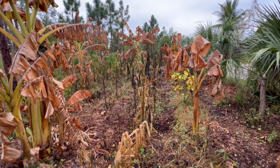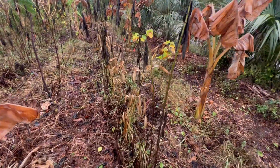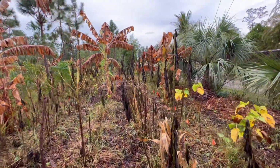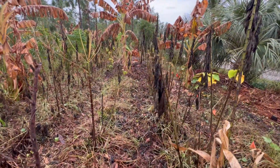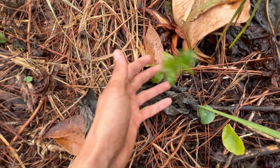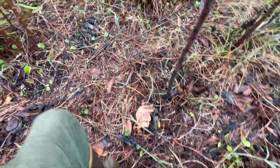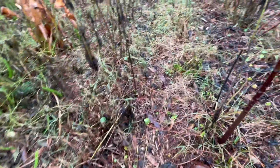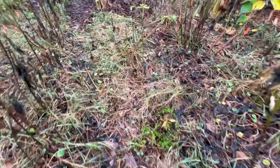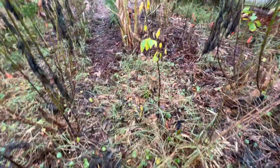the more the merrier. So you can see here, I haven't done the Mexican sunflower chop and drop quite as much here, so you can see all the dead Mexican sunflower. And Suriname cherries also took the frost very well, so I want to plant more of that as well. I got cherry of the Rio Grande as well in the nursery that I'll be planting out this spring. So things that I know could take the cold, and I think that's the direction I'm going to go for